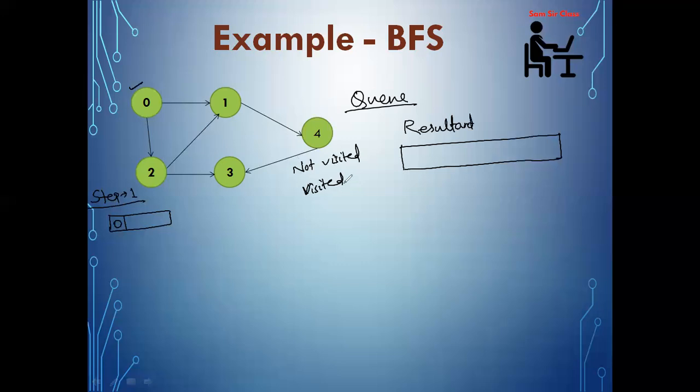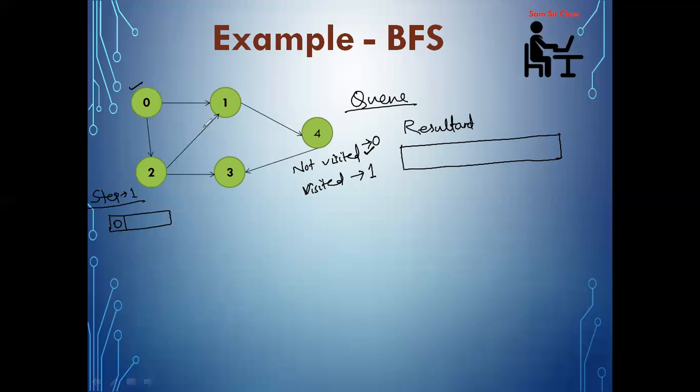Okay. So visited means either this is being processed or this is already present in the resultant matrix. If the vertex is inside the queue, it means this is visited. If the vertex is inside the resultant array, that is also visited. But as I am currently at vertex number 0, I have not processed 0, 4, 3, anything. So that comes under not visited. Okay. So for not visited, let us keep the value 0, and for visited, we'll keep the value 1.